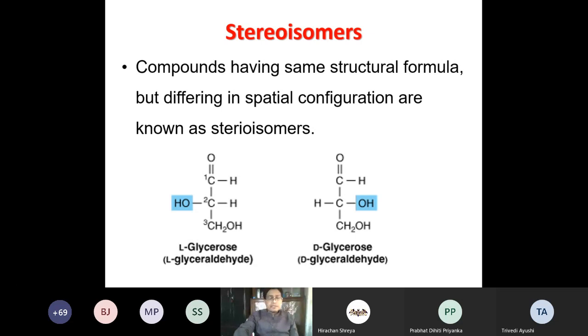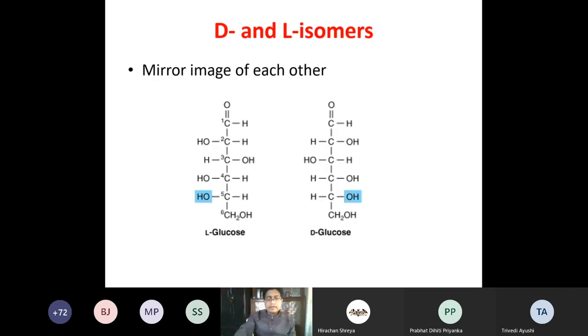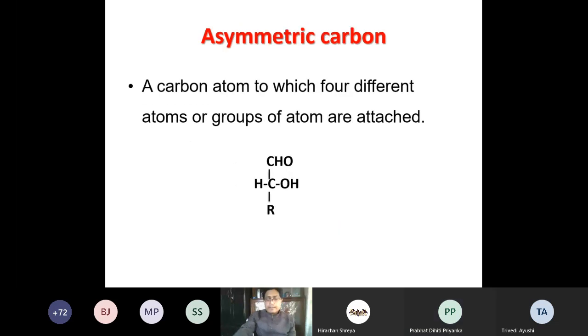Now you can see this is L-glyceraldehyde. This is the simplest carbohydrate with 3 carbons, glyceraldehyde. This we call L-glyceraldehyde. This is D-glyceraldehyde. L and D, because how many chiral centers can you see in this glyceraldehyde molecule? We have just discussed the chiral center, isn't it? Chiral carbon or asymmetric carbon, it is the same which we have just discussed. Asymmetric carbon or the chiral carbon, they are the same.